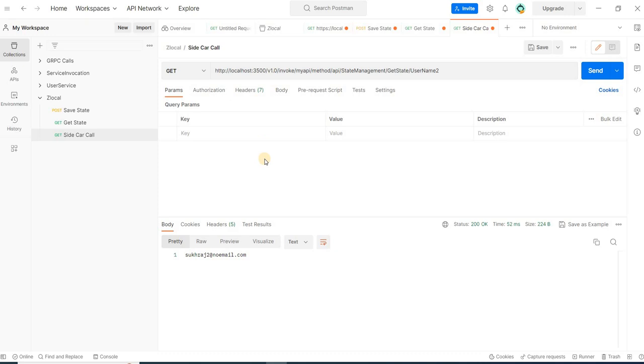So the role of the sidecar is that whenever any hit to my application comes, it comes via the sidecar. Actually, the sidecar plays the role behind the scenes. Whenever I say get state, I pass this particular value, but as this is running using the Dapr commands, the request will be passed to this, and using this sidecar it will return the value and hand it over to this particular URL.